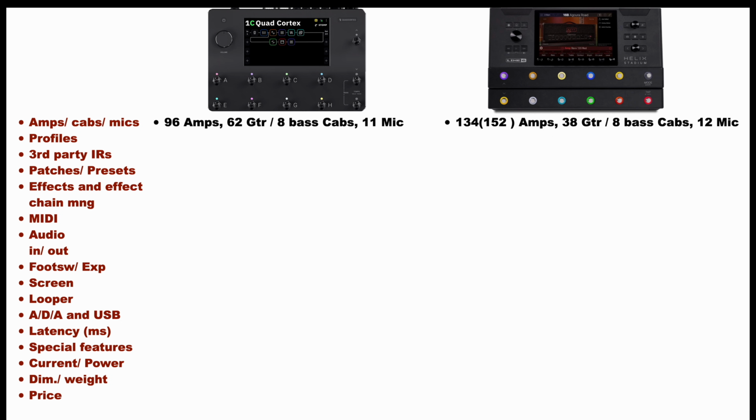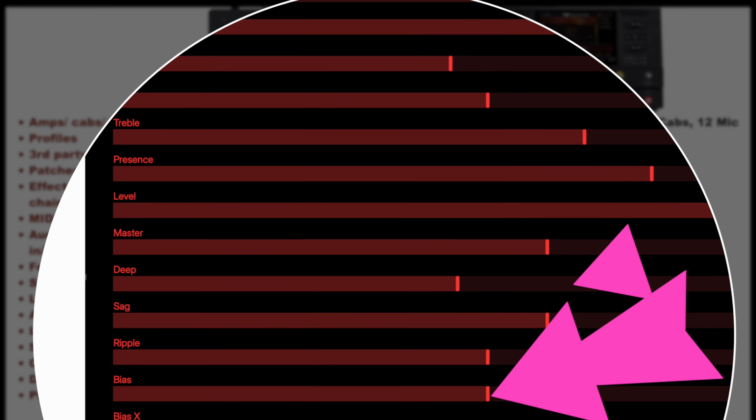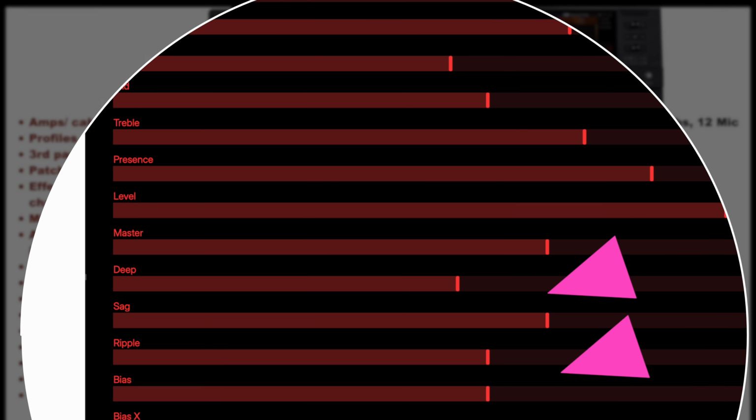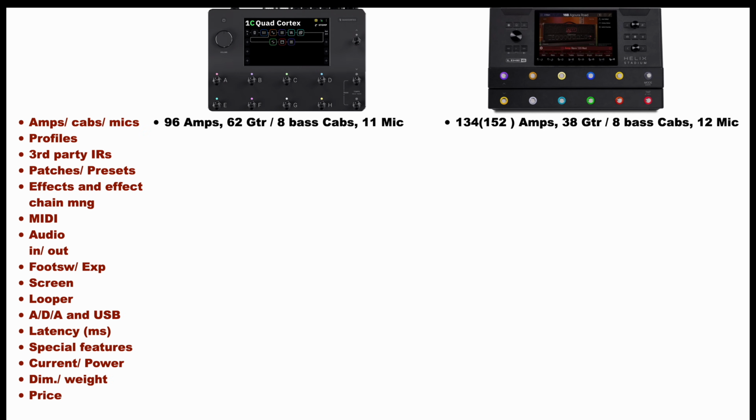position we want. Here it is worth noticing that the Helix typically offers more tweakability for each amp, as for instance we can set the bias, the sag, etc. So here I would give a thumbs up to the Helix, having more choices of amps and offering more tweakability. Of course, here we are talking just about specs and not sound quality, which will be considered later on in